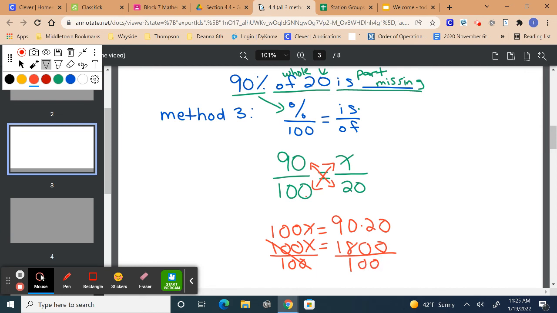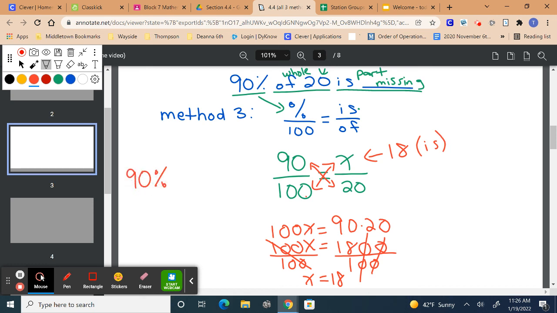What's great is any pair of zeros you see from the numerator to the denominator, you can cross it off. And I have another pair, so I can cross it off. So what's left is X on the one side, and then 18 divided by 1, which is 18. So X, 18, is our is. And that's what's missing. So we're going to say